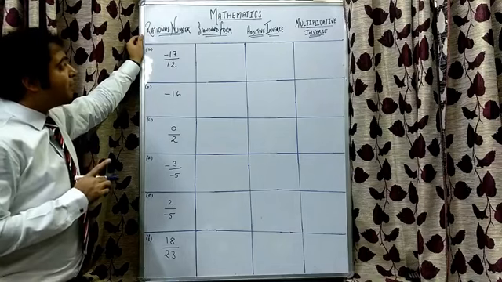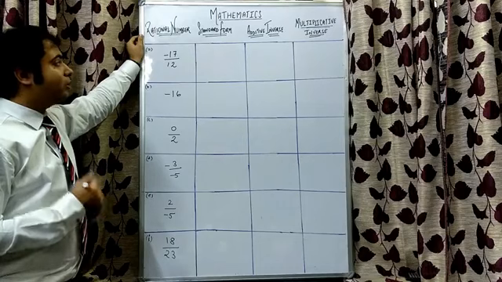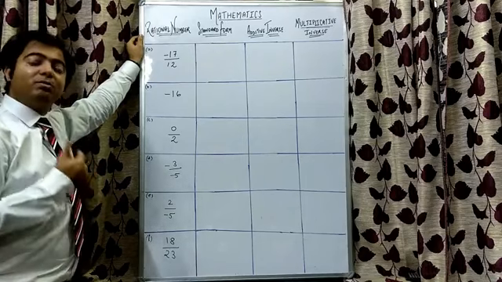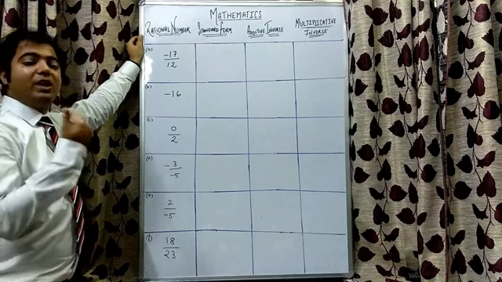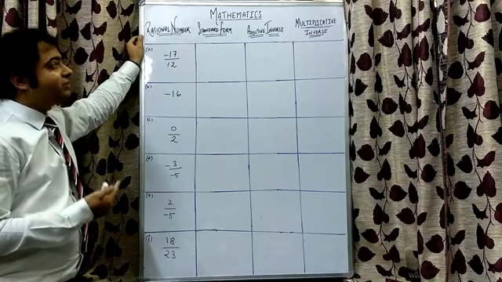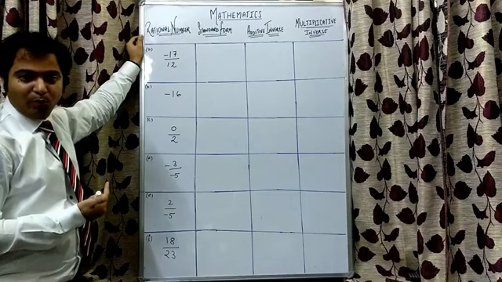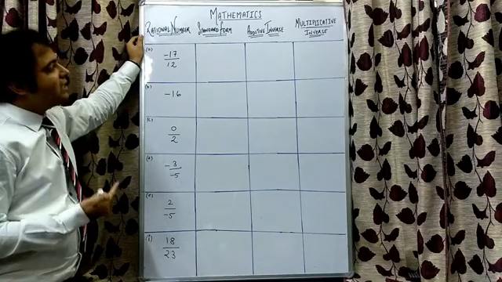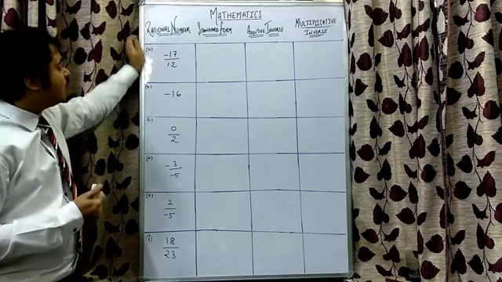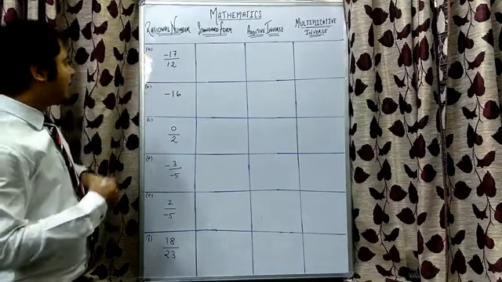Right? Standard form means a rational number will be termed in standard form when it will follow two conditions. First, the denominator should not be negative and there should be no common divisor between the numerator and the denominator. Additive inverse with respect to rational number means what to add in order to get 0, right? Multiplicative inverse, what to multiply in order to get 1, right? So first let us find out the standard form of the given rational numbers, right?